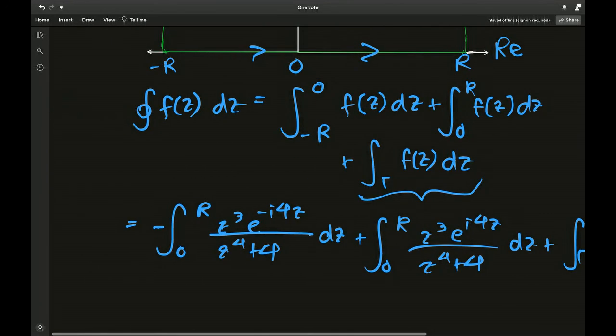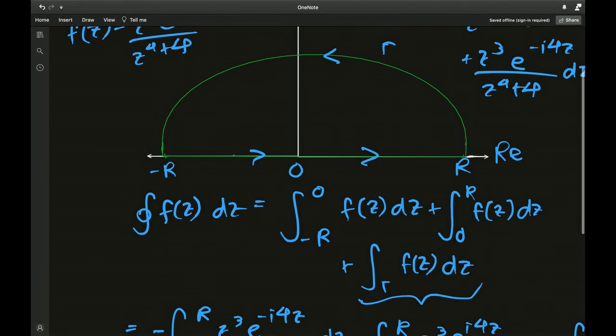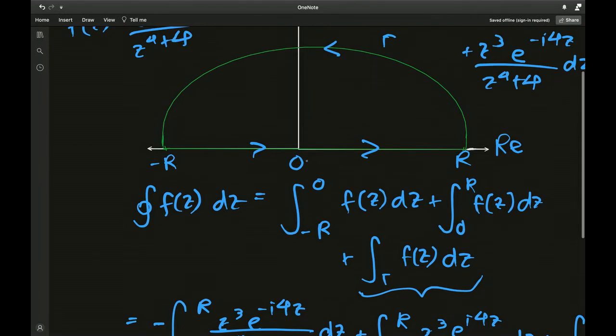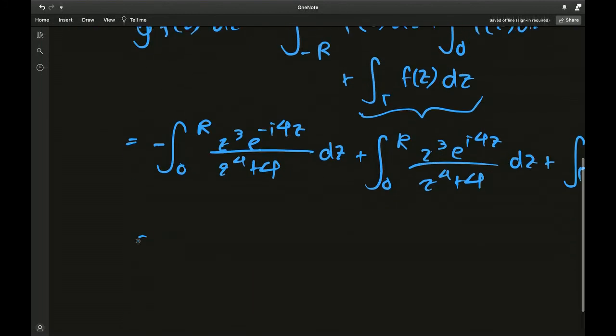Now notice from 0 to r in both cases, which was originally negative r to 0, we're completely on the real axis. So z equals x plus iy. There is no y, there is no imaginary part, it's all real. So z is equal to x just for this negative r to r. If we do those small changes, we'll have negative the integral from 0 to r of x cubed e to the negative i 4x over x to the 4th plus 4